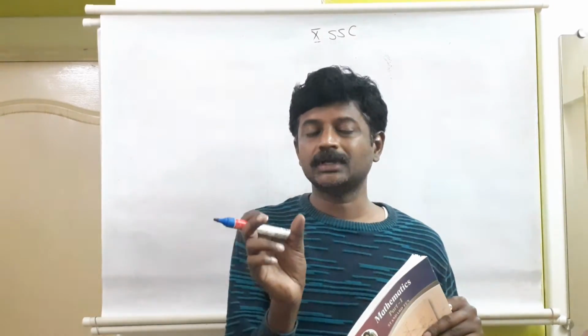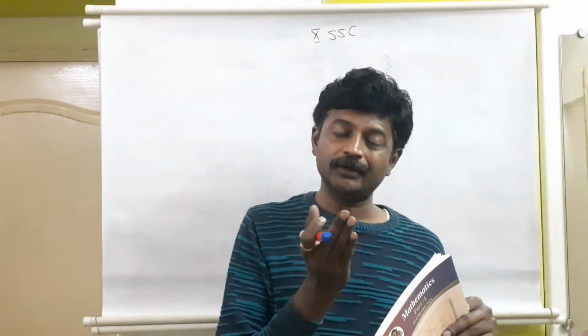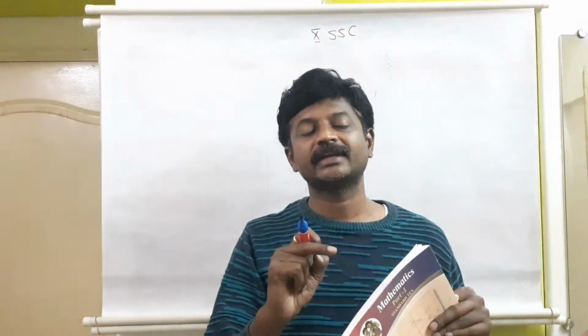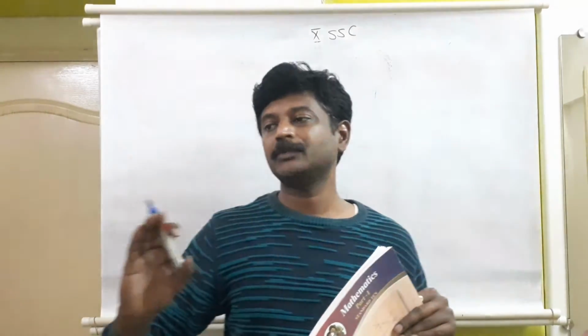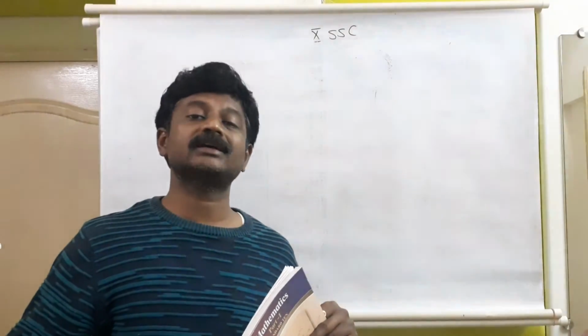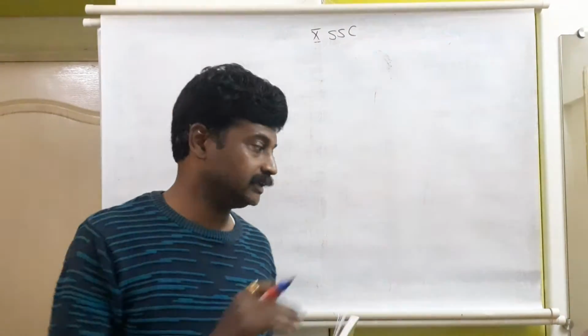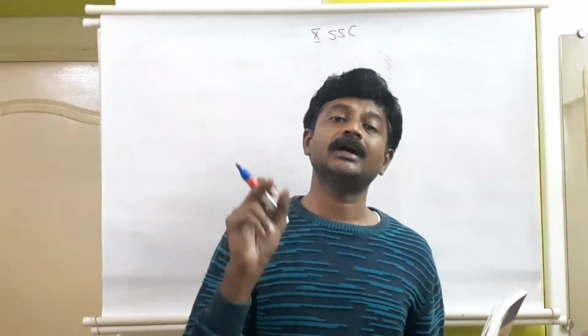Closing the graph means whatever first class is given, the midpoint of the previous class of the first class on the x-axis will be closed, and the midpoint of the next class of the last class will also be closed on the x-axis. It is known as closing of the graph. So that was with the help of histogram.